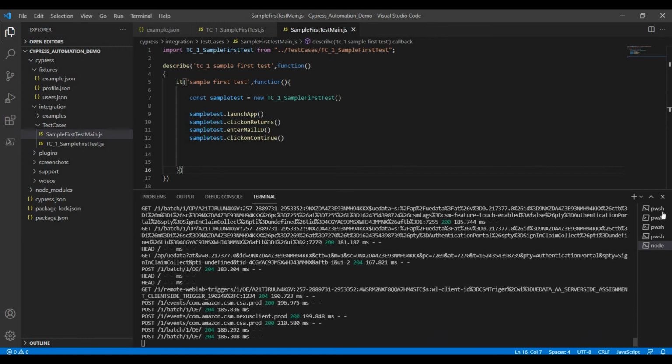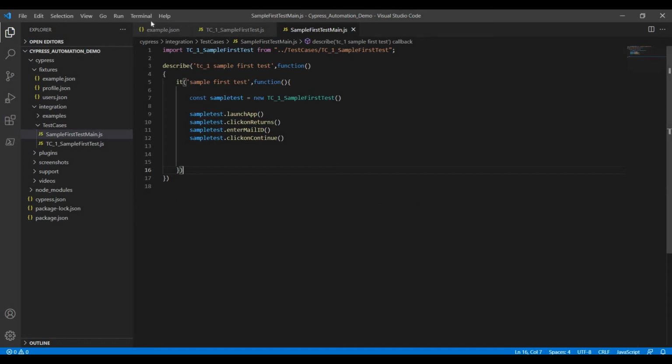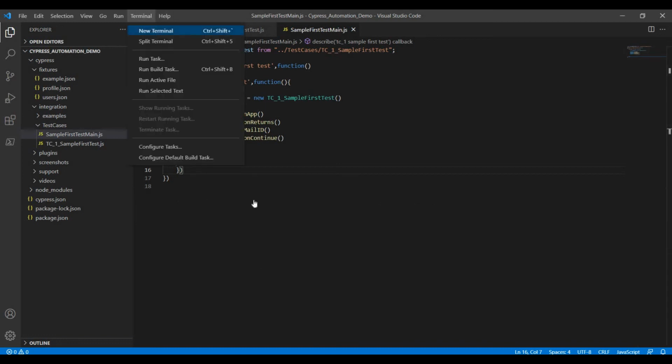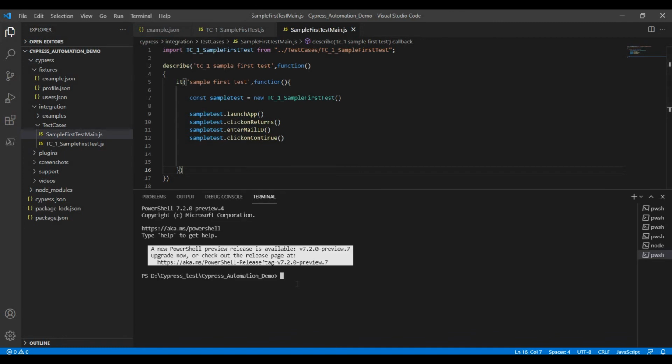Now I have to tell you another thing. You just close this one because we are done with all the steps. I just close it and open a new terminal. So if I simply give Cypress run, what happens? By default it will take the examples folder files. Let's see.